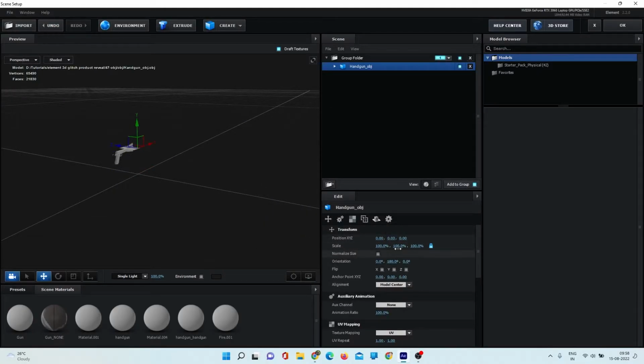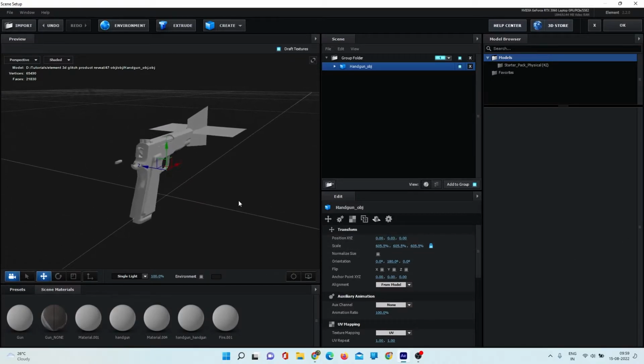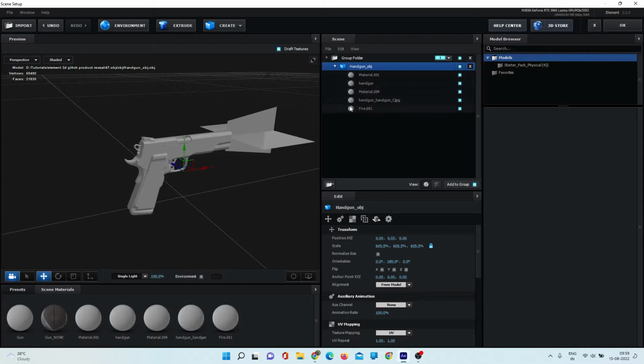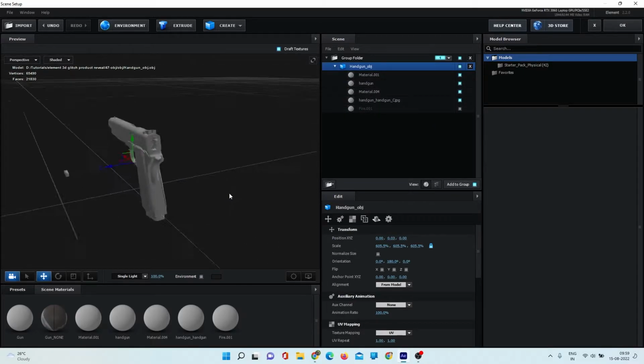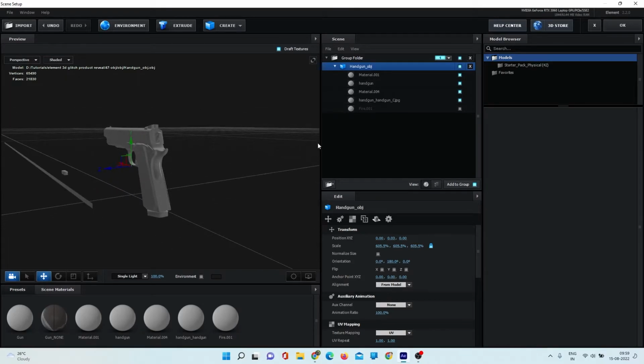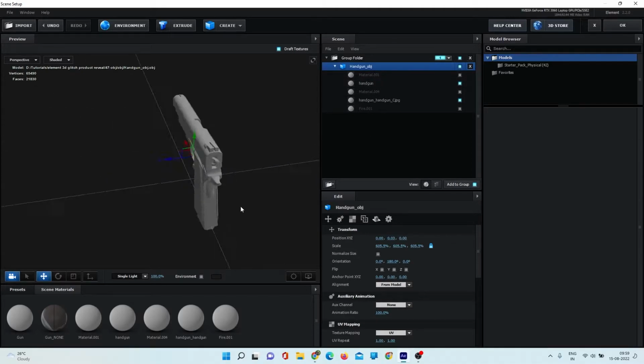Now just position it, and I think I need to scale it a little like this, and let's remove this fire. We also need to remove these materials. Alright, so now here is our clean